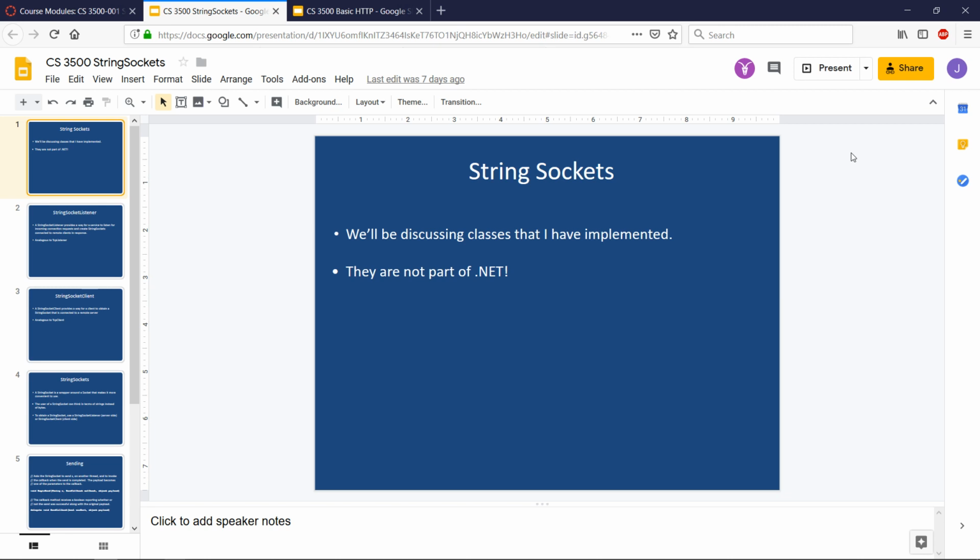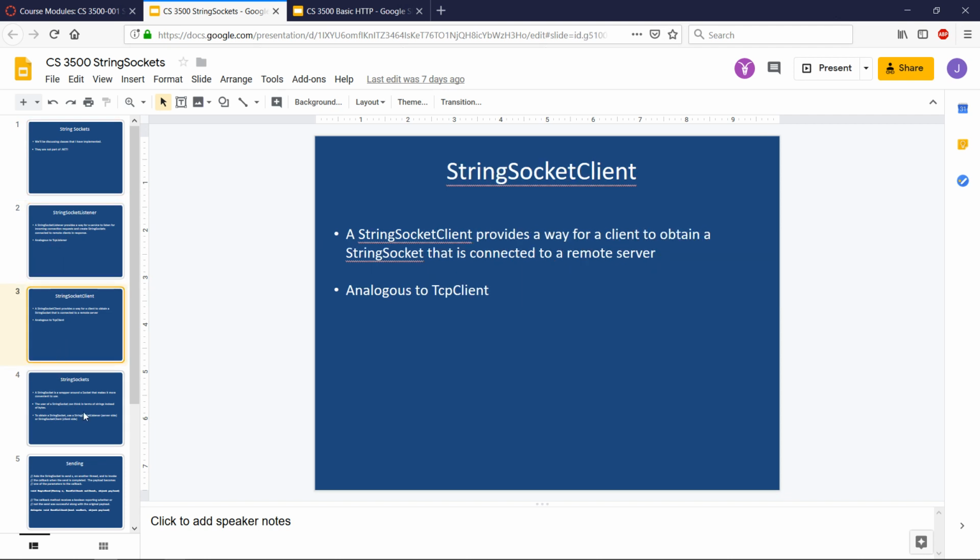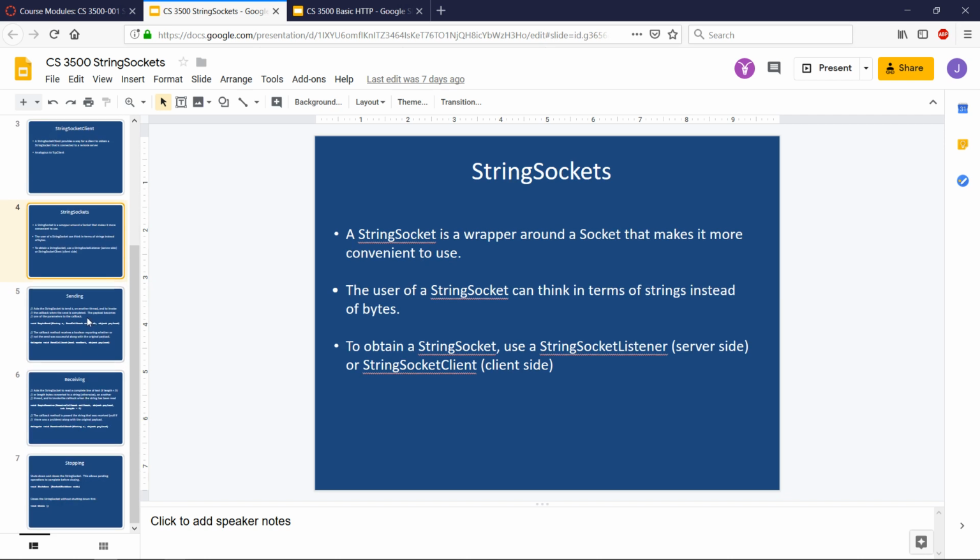And you don't have to use raw sockets because I've given you string sockets. So one thing is, there's this set of slides here on string sockets that we talked about. So when you get into the thick of things, be sure to look at these string socket slides and you can learn about string socket listener, which you'll have to use, string socket client, which you won't, and then some examples of how string sockets work. So the heart of your server will be a string socket listener that's accepting connections and obtaining sockets that you will then listen to,